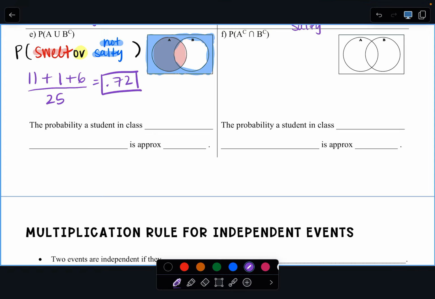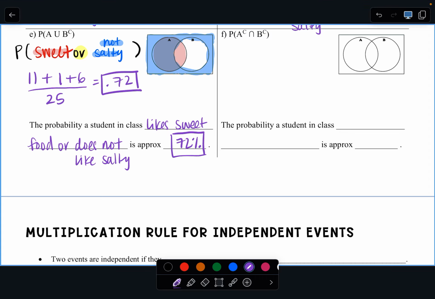So the probability a student in class likes sweet food or does not like salty is approximately 72%. And I kind of set all of these examples up in the hopes that when you do